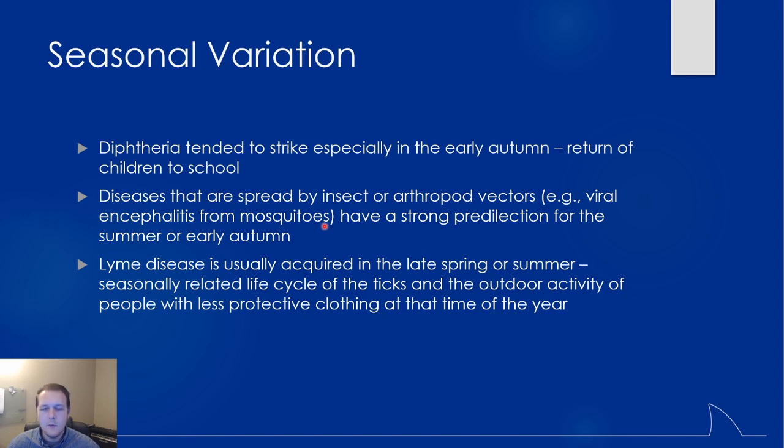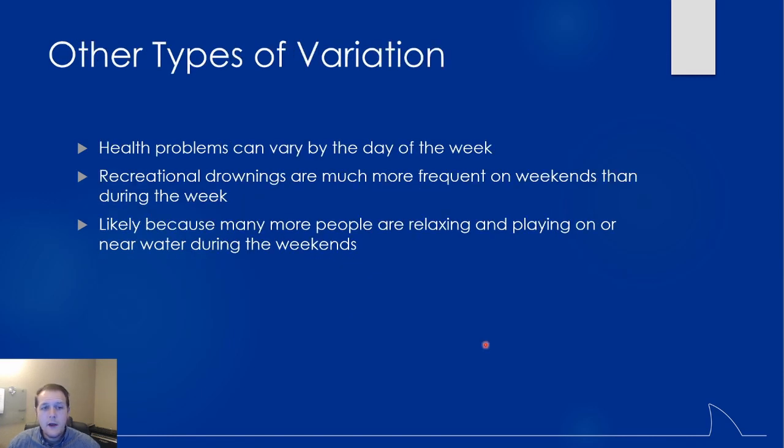And again, some of that stuff can be really normal. You may see a big uptick in the incidence, but that could be just part of the seasonal variation. Sometimes we'll see that certain health problems can vary by the day of the week. So, for instance, we'll find that things like recreational drownings happen a lot more on the weekends, probably because kids are more at home and they're playing and by the pools and things like that than they would be during